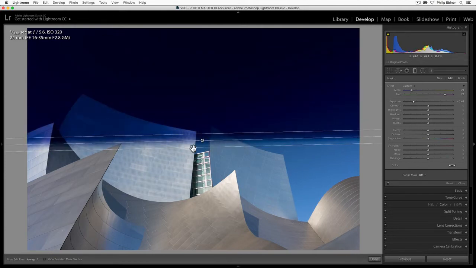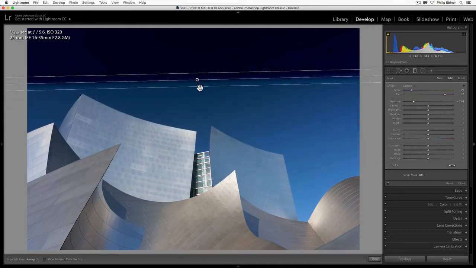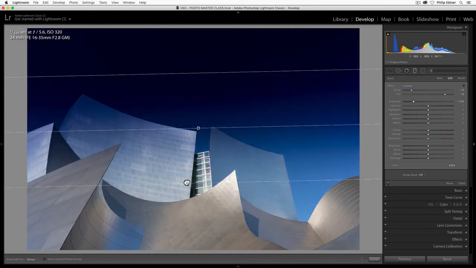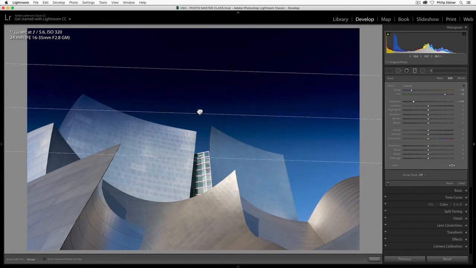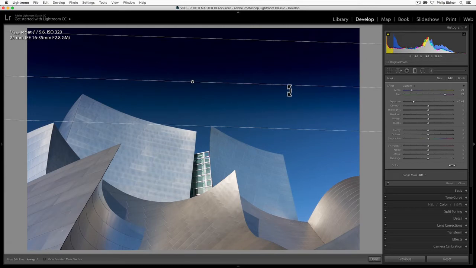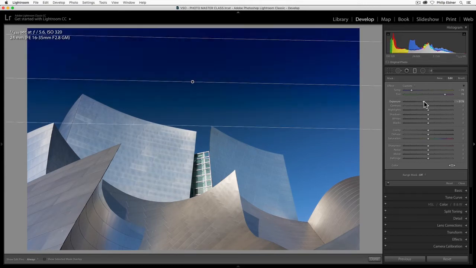So if you want a hard edge, you can do it like that. To move this middle point, you can click it and drag it up or down. And then again, if we click the bottom line, it's going to increase or decrease the feathering. So this looks pretty intense. I mean, this is kind of unnatural, but if you want that dark sky at the top, maybe something like that might look a little bit better.